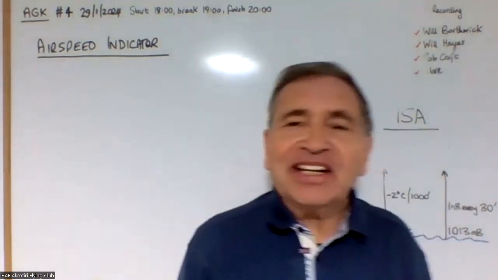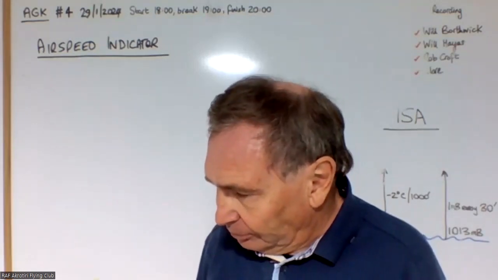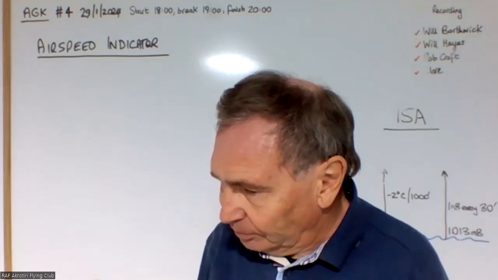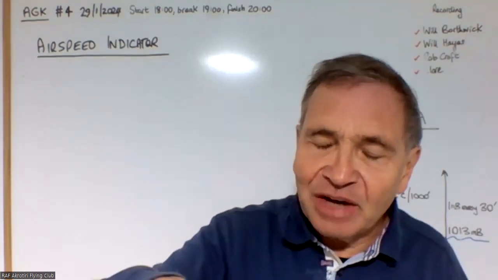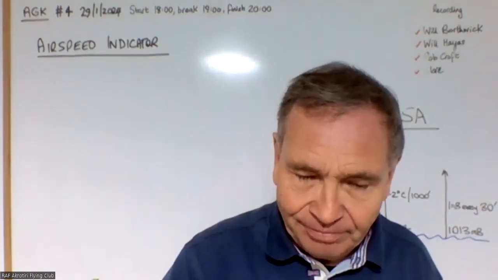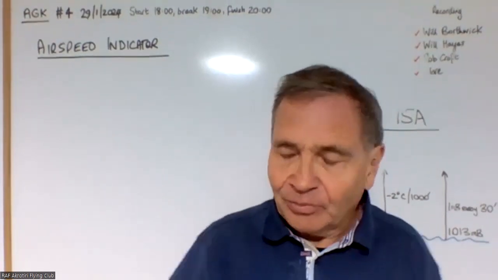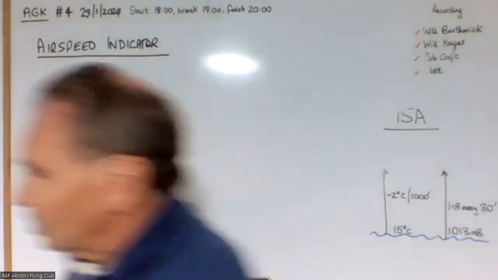What will your airspeed indicator show now? If it's 0. Sorry, yeah. Well, still going to show you 0, isn't it? Yeah, because it's not getting any of the dynamic pressure through. No, because that's